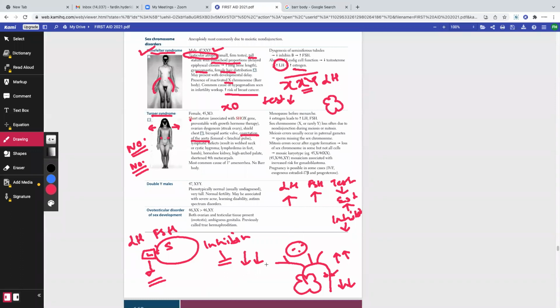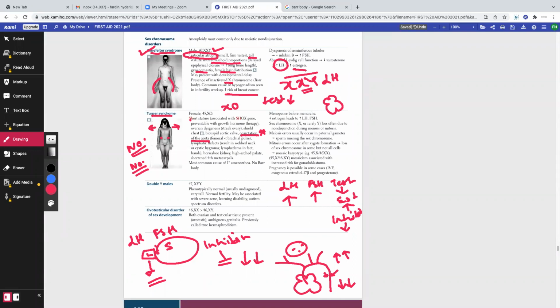Okay, so that's that. So next time, let's say you become a medical physician, and there's a female patient who you think by the appearance looks like a patient of Turner syndrome. If you diagnose a patient as Turner syndrome, are you willing to also do an echocardiogram quickly to exclude coarctation? The answer is yes. So that's very, very important. I want to bring this to your attention. As you can see, the femoral pulse will be less than the brachial pulse.